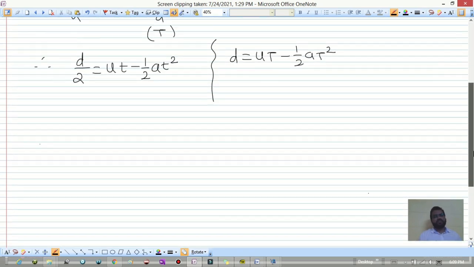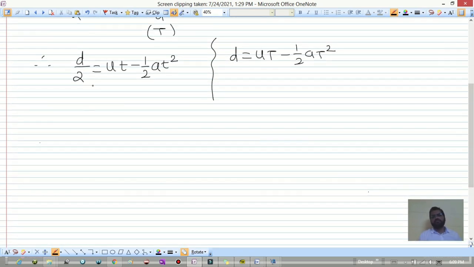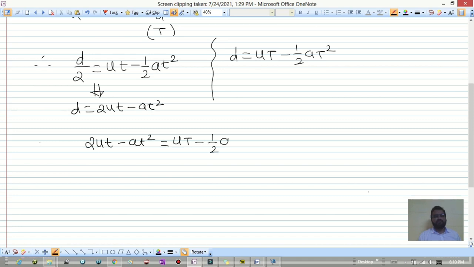Now instead of d we can put d by 2, and from this we can calculate the value of d, and that is 2 ut minus at squared. Now put it over here, so you will get 2 ut minus at squared is equal to ut minus 1 by 2 at squared. Now by the first equation of motion,